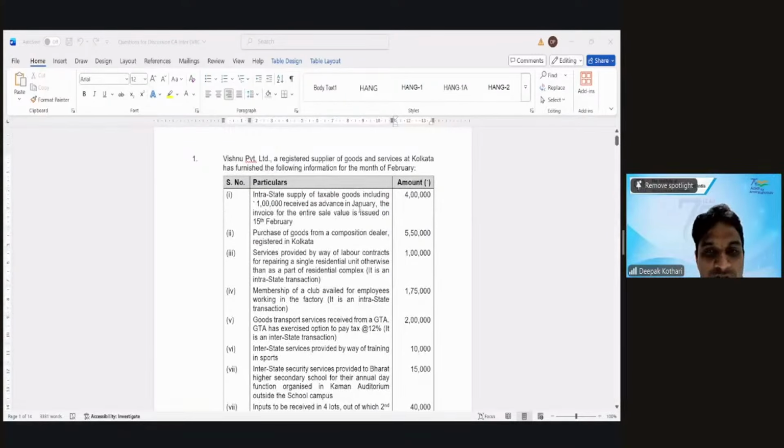Nagaraja is saying first is taxable. Lokesh is saying 4 lakh ITC is available. Where is the question of ITC, Lokesh? When you make a supply, you have to pay tax. You will get credit when you receive a supply.